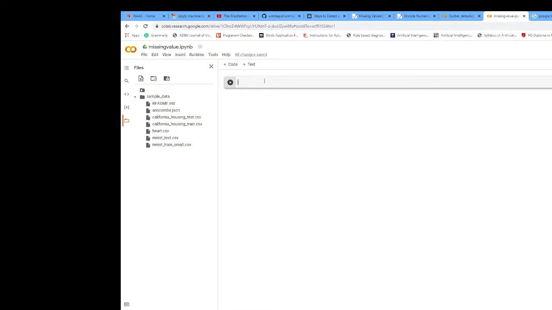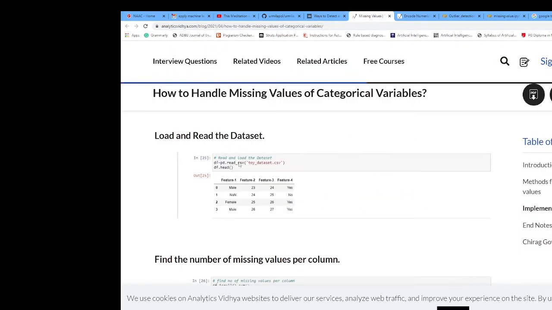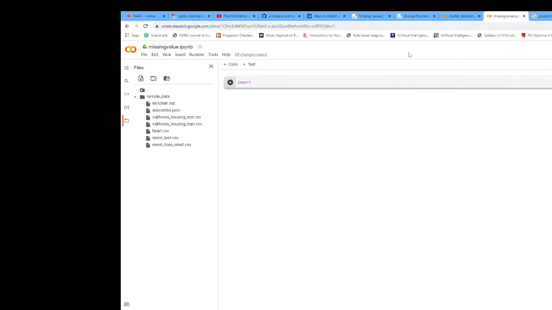First of all, import what is required. Import numpy as np.